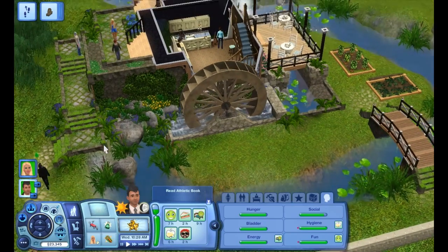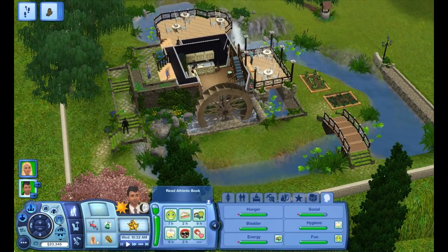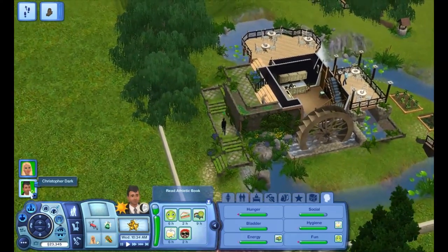As we can see, the wheel just kind of turns slowly. Now, if you have this on your home lot, the water wheel, I mean, if you have this on your home lot,